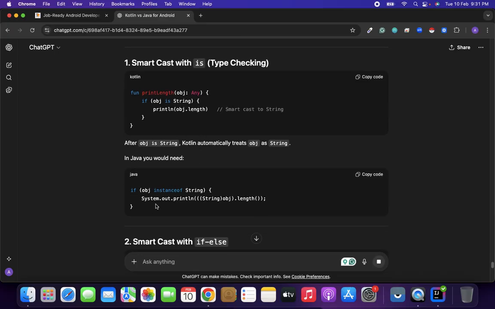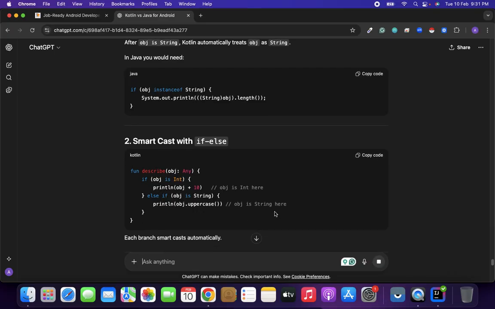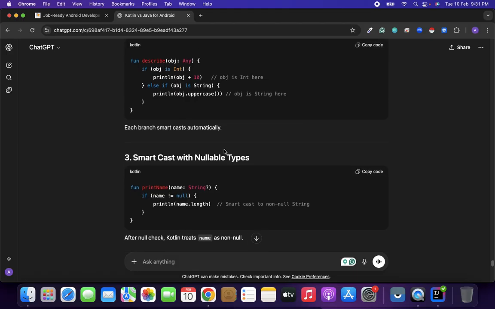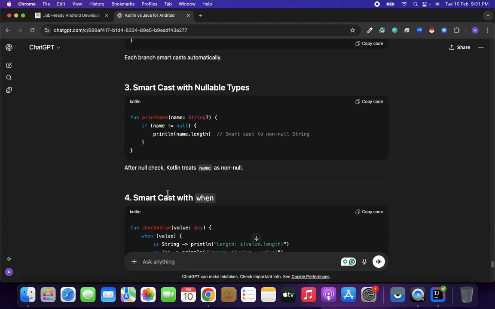So in Java you would do object instanceof String, and then print object.length. Smartcasting with if else: if object is Int, else if object is String here. So each branch is smartcast automatically. Smartcasting with nullable: if name is not equal to null, it is smartcast to non-nullable String. Okay, this is also smartcast. This is a very understandable line here. If it's not null,